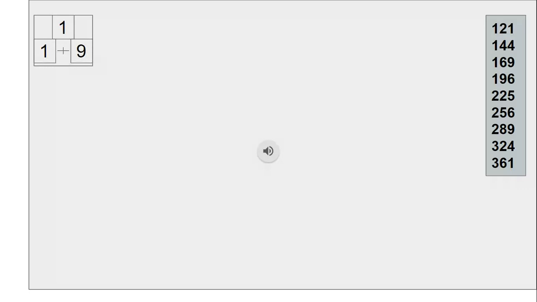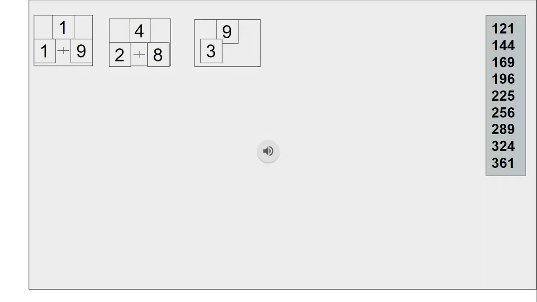Then for example, next to 4. In the unit place it is 4. Then one number we know that 2. Then what should be the next number? That is 8. So because 2 plus 8, 10. Then 9. For first number, it will be 3. Then what should be the next number? 3 plus 7, 10. So, of course, it is 7. Third number, that is 6. So, one number is 4. Then other number is 6. 4 plus 6, 10. For 0, it is 0 only. For 5, it is only 5. Clear?